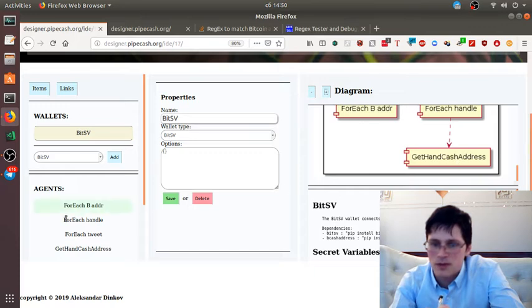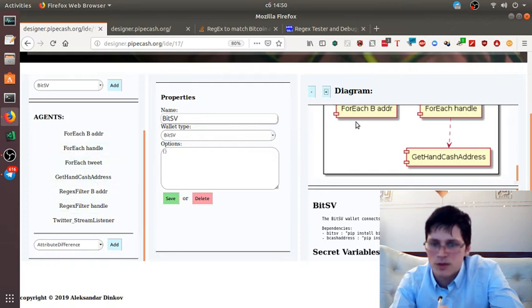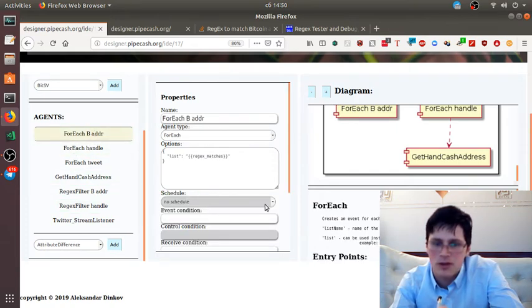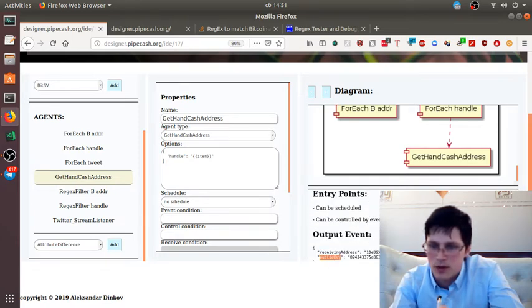Let's see. Do we actually have to duplicate? So this one is the for each b, and this one is the get hand cache address. So let's see what this one returns. I expect it to return something, yeah, receiving address and public key. Unfortunately,